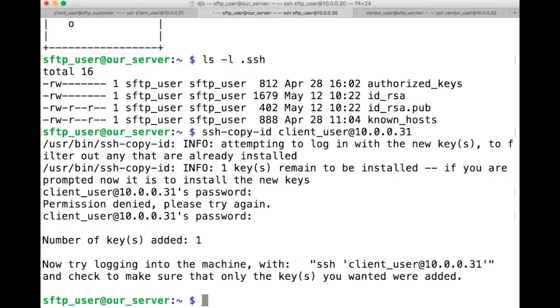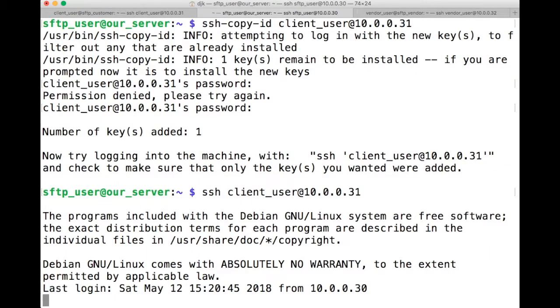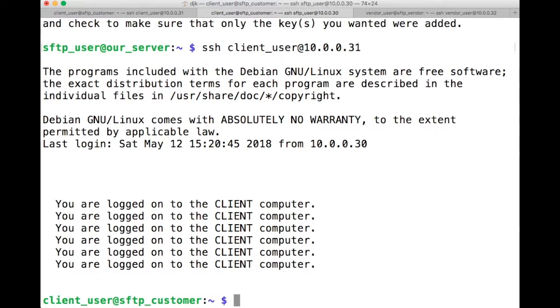So now I've sent my key to the other computer. I'm still on our server, so I can test that. I can confirm that by using the SSH command to log on to the client computer again. And you'll notice I did not get prompted for the password, and I'm logged back on to the client computer. So I'm going to repeat the process of sending the file